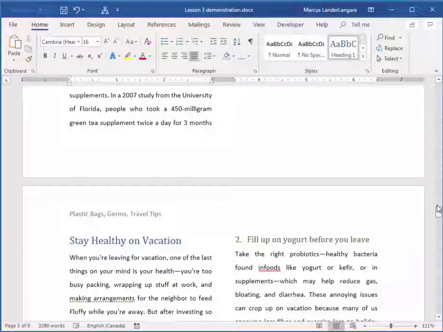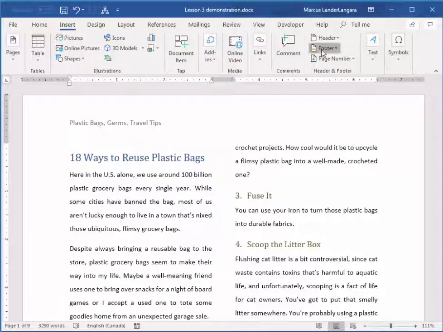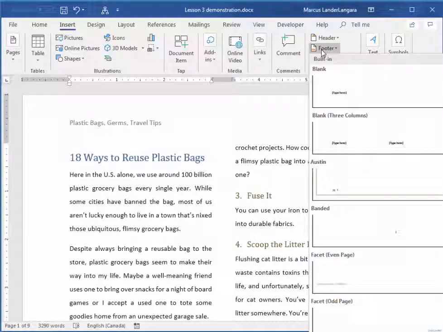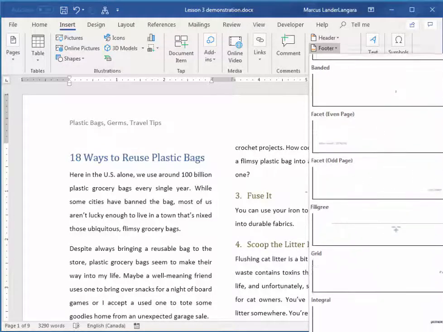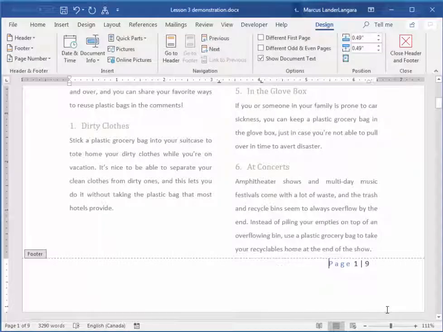Now I'm going to add a footer as well. Another way to get into your header or footer is to go via the Insert menu and then go to Footer. And notice that we have a couple of preset footers. I like this page. It gives you the current page number as well as the total number. So if I click on that one, now it added that, and it added this page 1 of 9 into